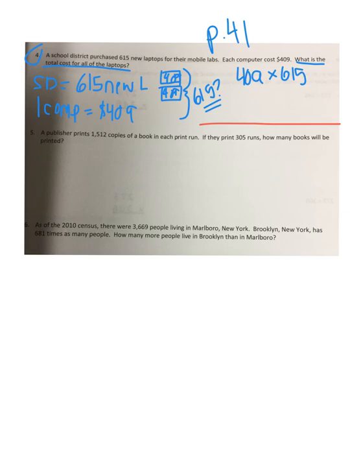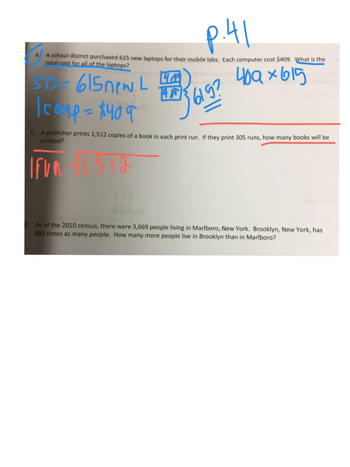A publisher prints 1,512 copies of a book in each print run. Okay, so let me continue reading and then I'll draw my picture. If they print 305 runs, how many books will be printed? A publisher prints 1,512 copies of a book in each print run. If they print 305 runs, how many books will be printed? Okay, so first I'm going to go ahead and underline my question. And now I'm thinking, okay, so one run equals